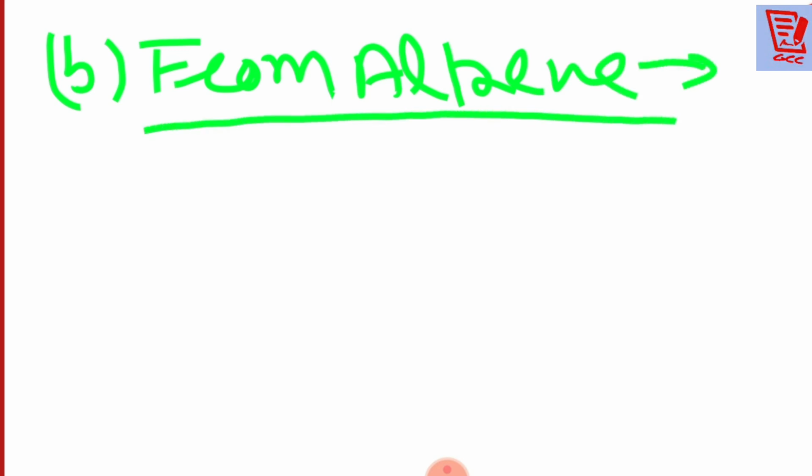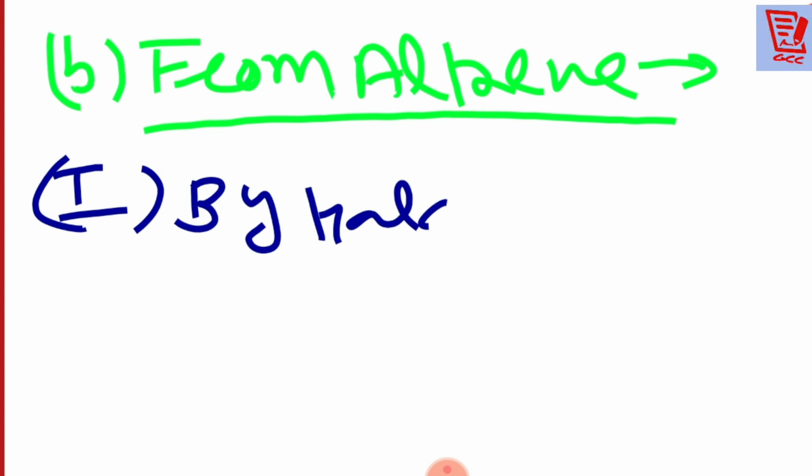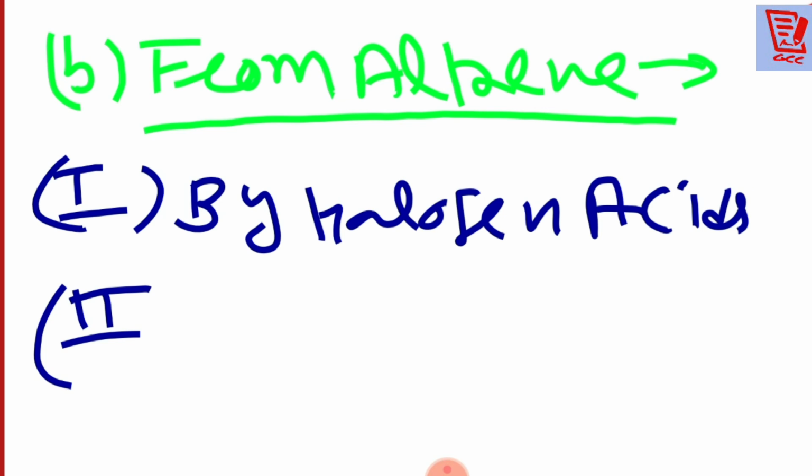Okay students, after that, now its B part is here, that we are going to start from the alkene. Whenever we are talking about the alkene, under that you must see, all of you, number one is by the halogen acids. Then number two is here,